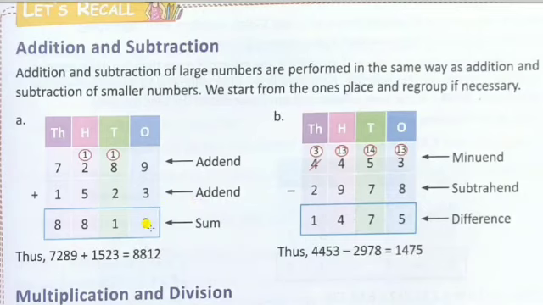So when we look at the number 12, 2 is related to ones place. So see, we have placed 2 under ones place, and 1 will be considered as the tens digit. So the tens digit will be taken as remainder. You can check it here. The tens digit is taken as a remainder. So we will be writing that 1 in tens place.